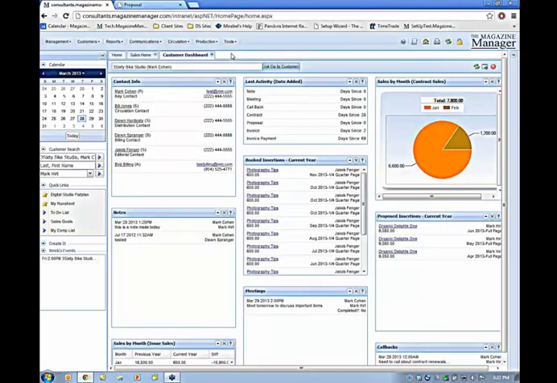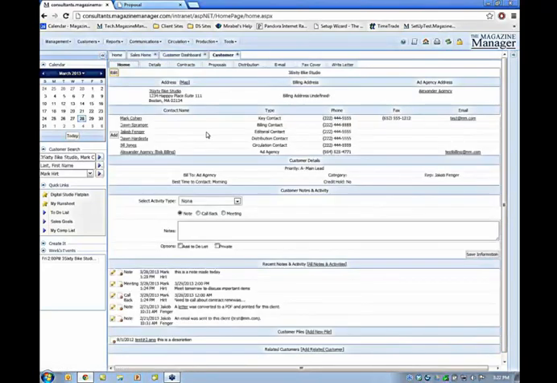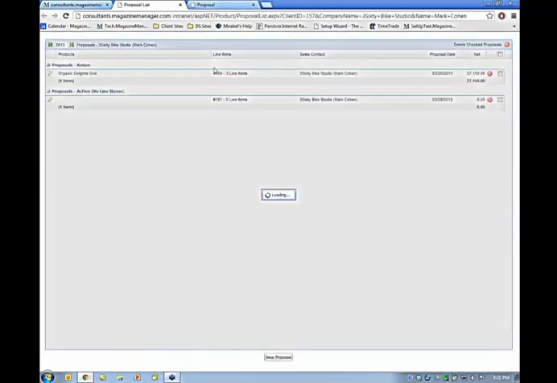So here, just in the last couple of months, we've actually added a feature to the Magazine Manager that will allow you to hide particular proposal columns, items here. And what we're going to do, I'm going to go through and create a quick proposal for you and show you what it would look like without being in package mode or us having a package proposal template. And then I'm going to show you how to change it to make it look like a package proposal template and actually show the total. So for our proposals,